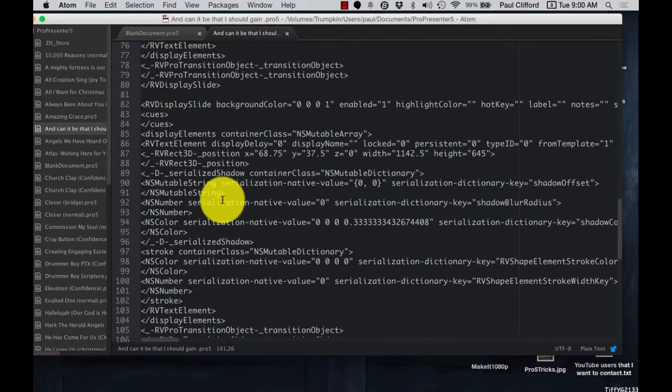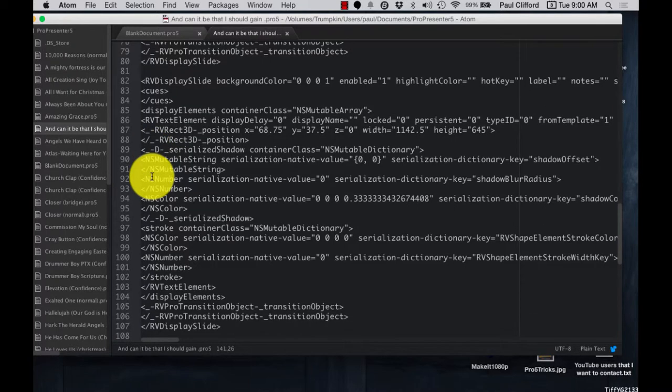But for some people that really want to tweak one thing in a lot of slides, this might be a good way to do it, because you could do a find and replace. Let's say you wanted to change the background color on every single slide. Well, you could